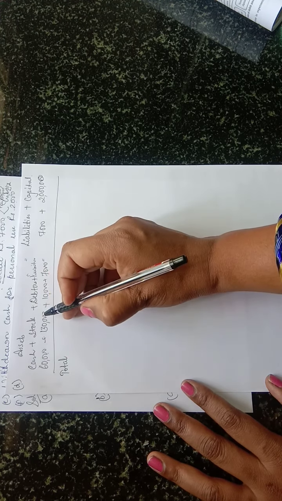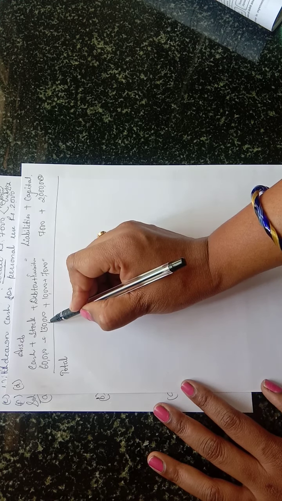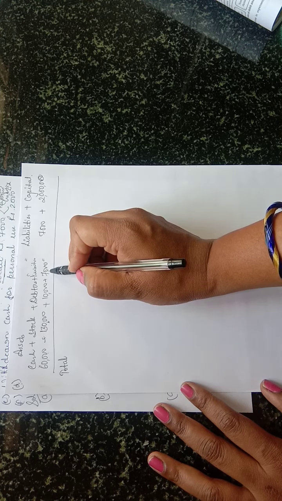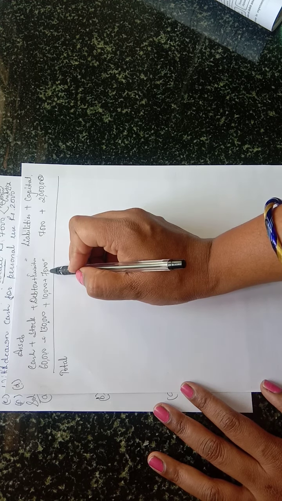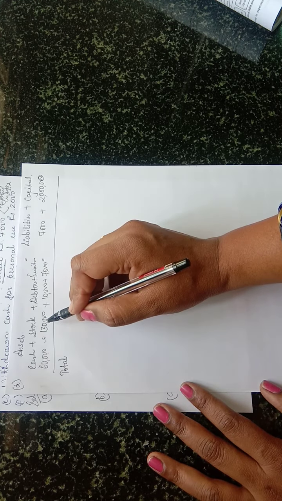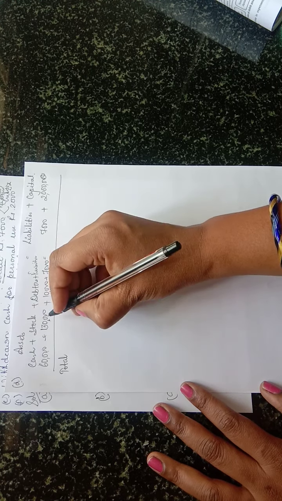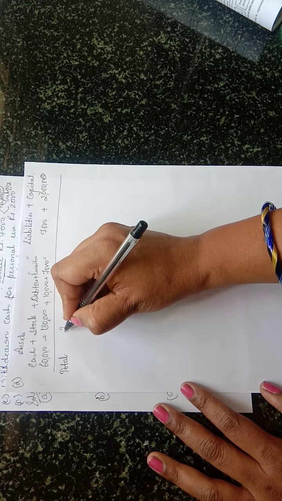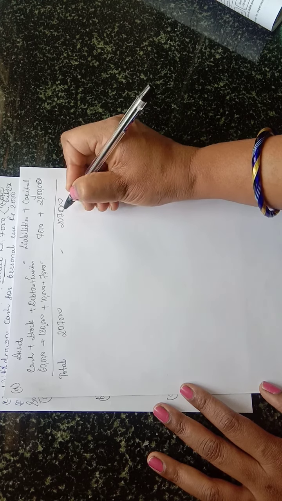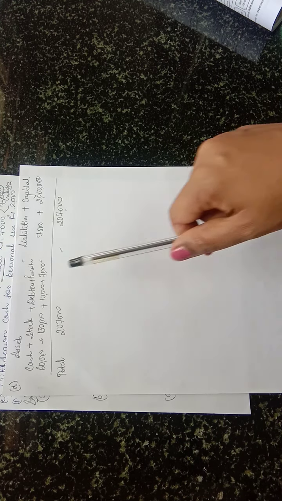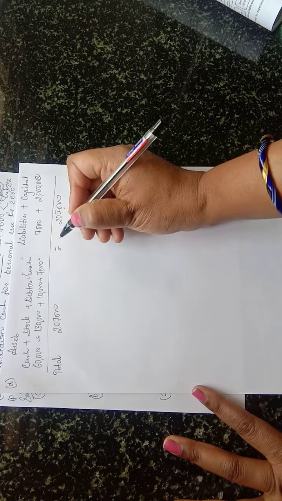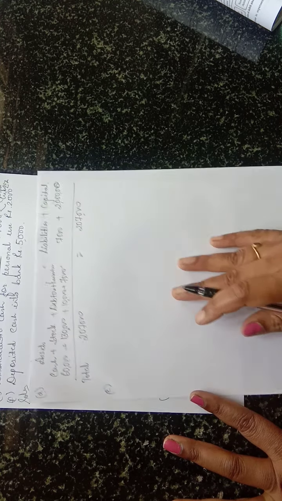Right. So total assets: 60,000 plus 1,30,000 plus 10,000 plus 7,000. So it comes to 60 plus 130, 190, to 2,07,000. Okay, is equal to here also 2,07,000. Yes, is it equal? Yes. If it is one-sided, definitely it will come like that. Otherwise here only plus and minus will come. Okay. Next, E transaction.